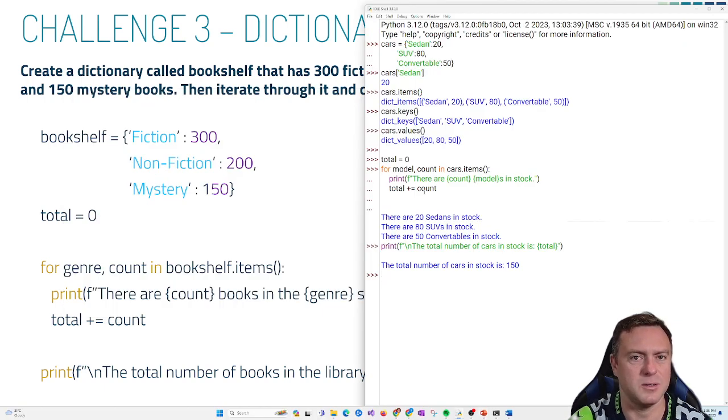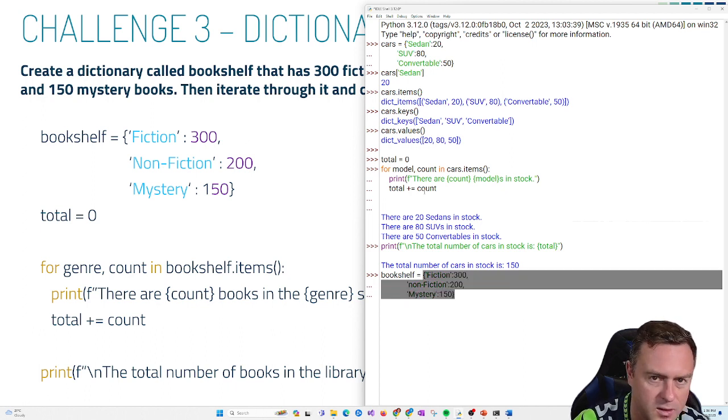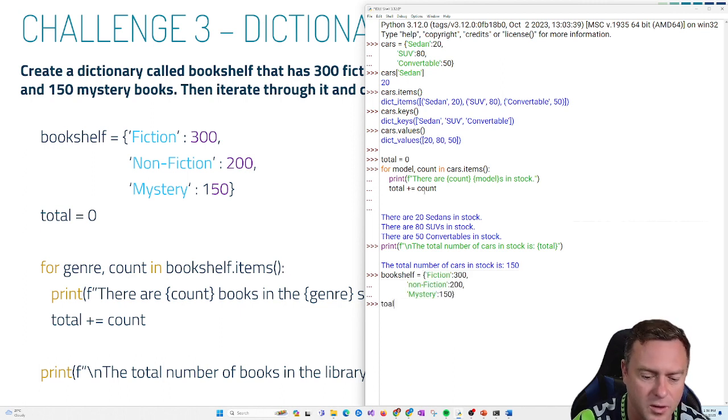So to go into the Python shell again, we'll go bookshelf equals curly brackets fiction 300 comma non-fiction 200, and then mystery 150, close the brackets, done. Then we're going to go total equals 0. Then for genre, count in bookshelf.items,